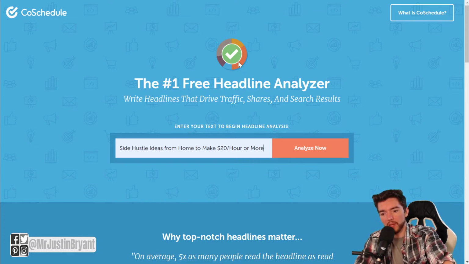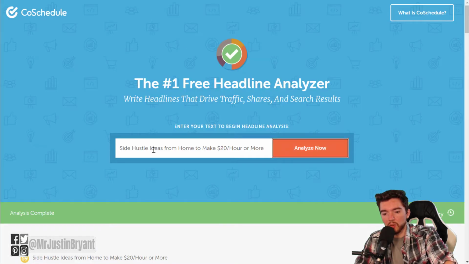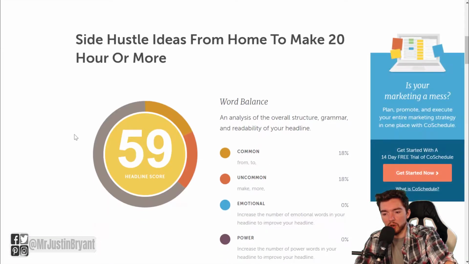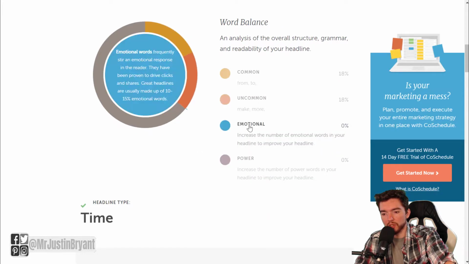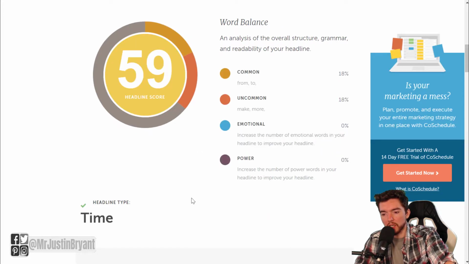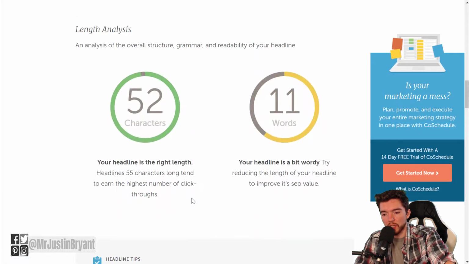You may not know a lot about that, but instead of having somebody who specializes in this, you can do this yourself with the Analyze Now button. So you can copy and paste your title here, click Analyze Now, and then once you do this, you'll get an overall headline score. So it'll tell you what types of words and language you're using, and then it'll give you an overall headline score, and it'll give you a few suggestions to make this stronger, whether it's too wordy,